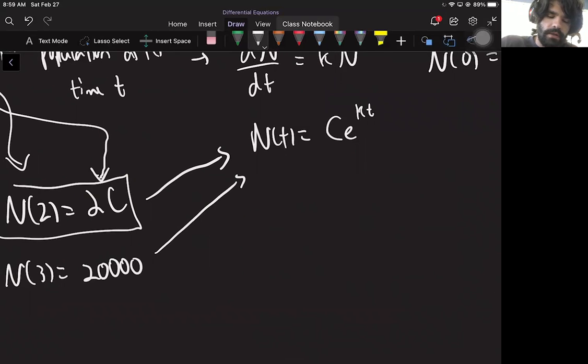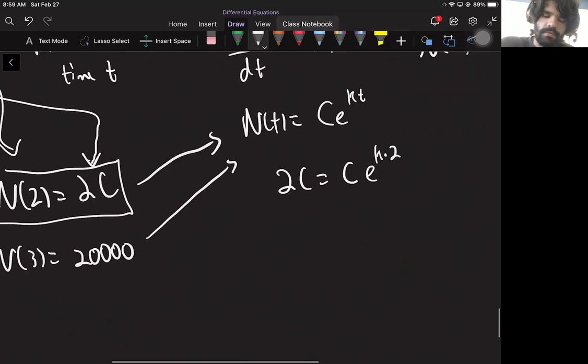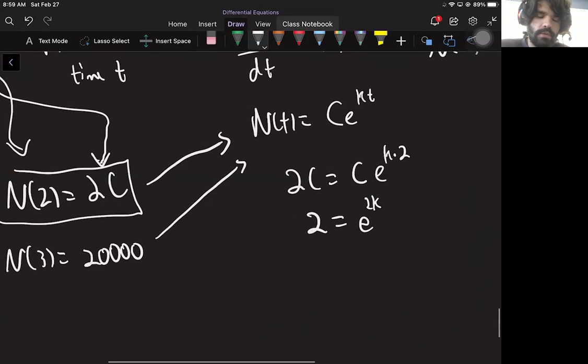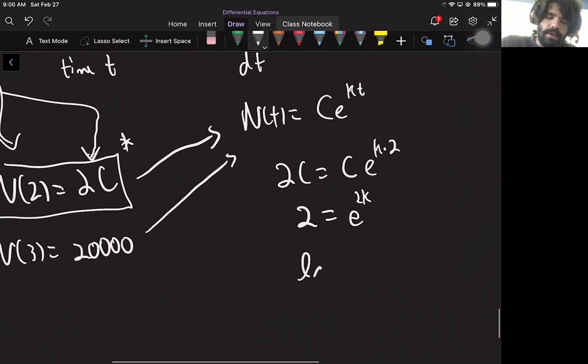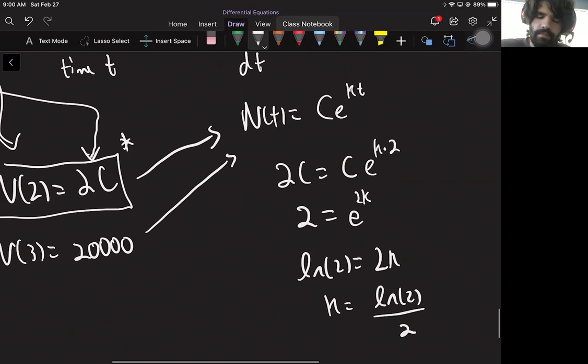So if I plug in 2, I should get 2c. And what does that let me do? Well, that's interesting because that actually lets me solve for k immediately because I can divide out the c's. So whenever you have a condition like doubling or tripling or something like that, it's going to let you do this type of thing where the c's cancel. Okay, so then I can just ln and get k. Great. So I have k,